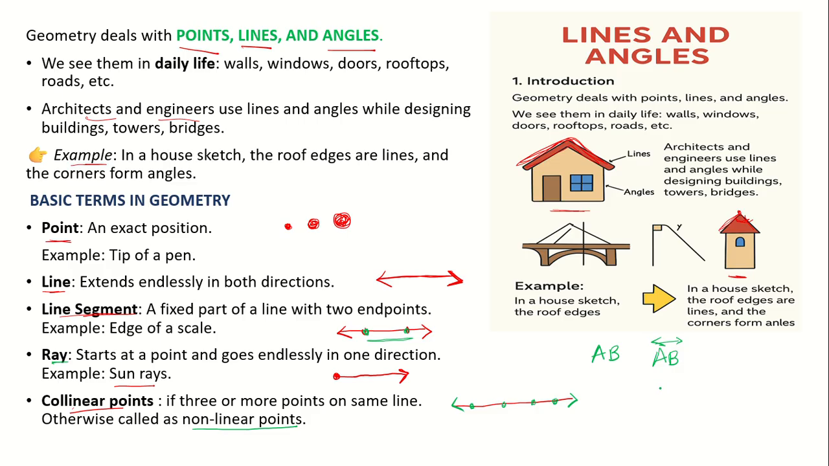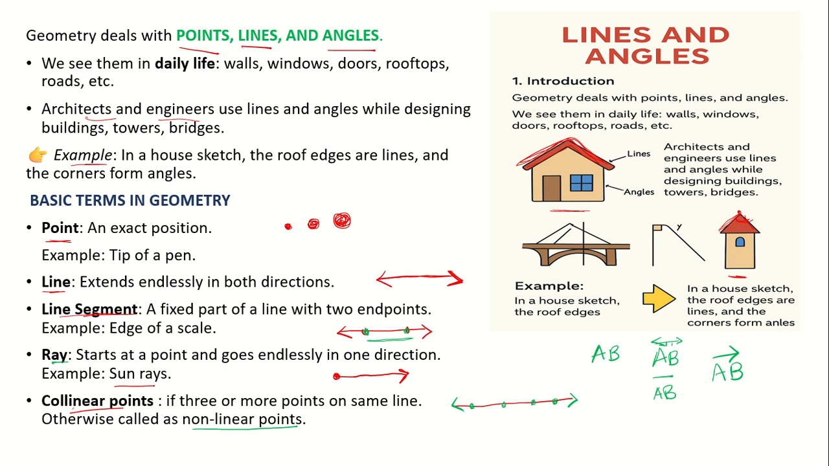So what is a line? A line is something that we denote like this. And a ray we denote in this form, which moves in one direction. A line moves in two directions. And a line segment has a fixed part on a line. Next, as we have seen what points and lines are,